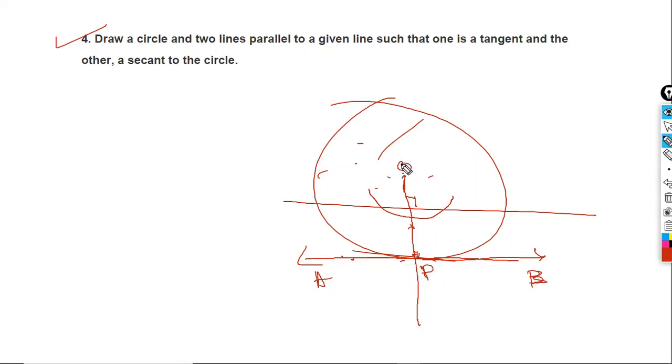O is the center, and you name it CD and name it MN. Okay, so CD will be the secant, intersecting the circle at point M, and so this will be your solution. You try to draw it. So this is like a construction question. You try to construct it with your instruments. Okay, so this is the end of this exercise. Thank you.